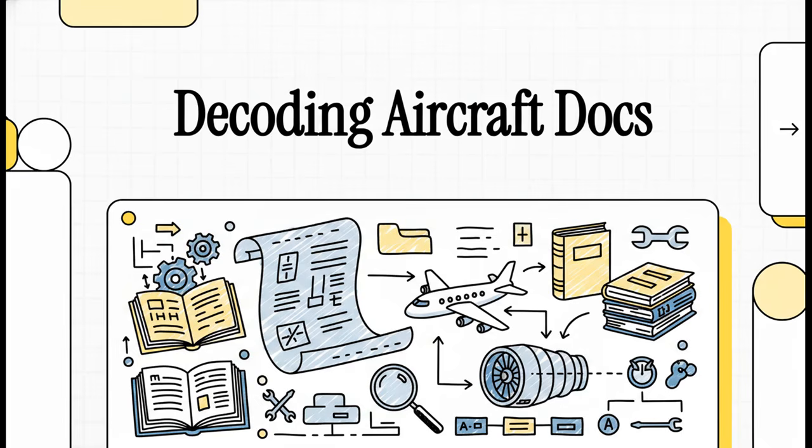Welcome to the Explainer. You know, every time a commercial jet safely touches down, it's not just thanks to gravity and aerodynamics. It's actually the direct result of a massive, meticulously structured library of documentation. Today, we're opening the vault on this entire comprehensive network of manuals that keeps global aviation running safely. So for anyone out there who loves highly structured, absolutely critical systems, we are going to decode the ultimate mechanics